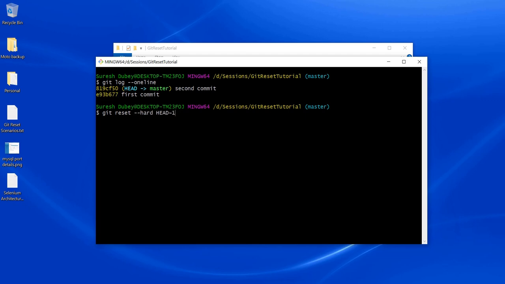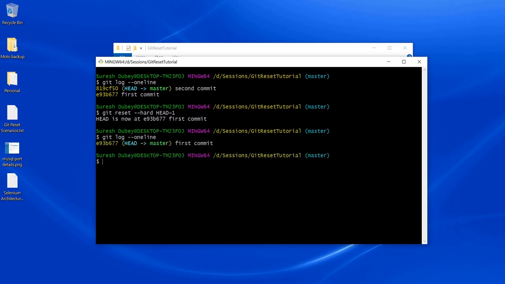The files which are part of this particular commit F50 would not be retained, they will be deleted permanently. So let's see. Okay, it is giving a message that head is now pointing to the 677 commit. I can check log again, and 677 is now head. The second commit is removed. Let's check status.